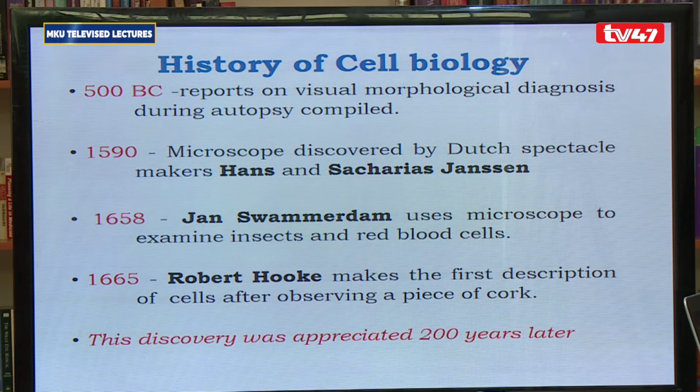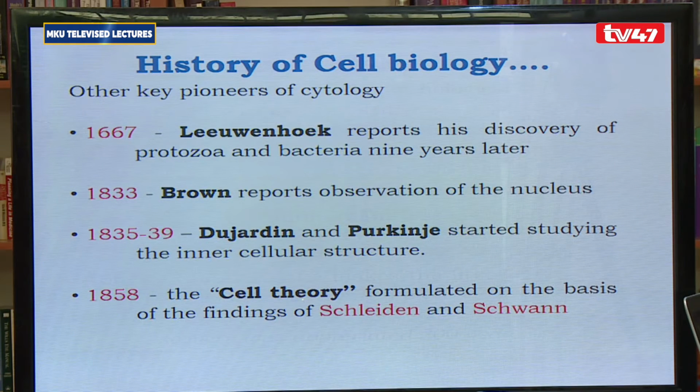But he described that as cells, and that's where the idea of cells came about. In fact, his discovery was not appreciated for another 200 years, because between the 1600s and the 1800s we don't have much reports about cells and cell biology. However, around 1667, we have the scientist known as Leeuwenhoek, who was studying microorganisms using the microscope again, and he